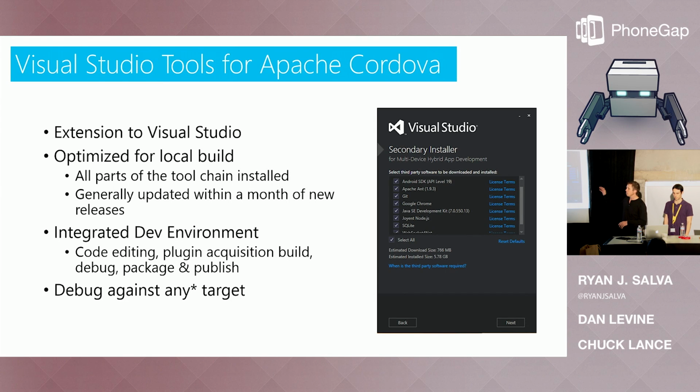So in terms of staying up to date with the latest versions of Cordova, thus far, we've been able to stay relatively in sync with new releases of Cordova as they become available. For the most part, within about a month after a new release of Cordova becomes available, we release an update to our tools, making it possible for you to use the entire IDE with that updated version of Cordova. So 4.0 just came out last week. Was that last week? Yeah. Time is weird.